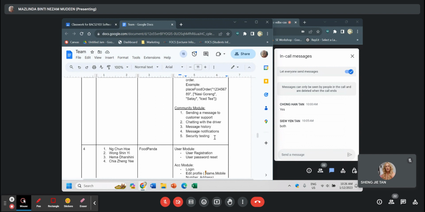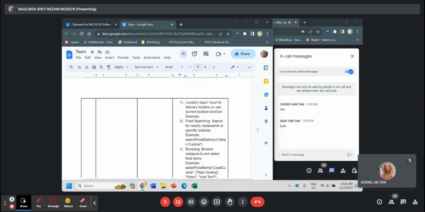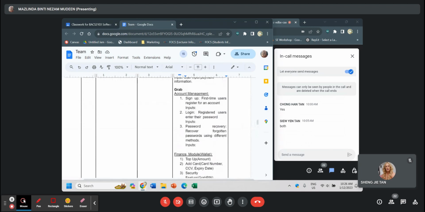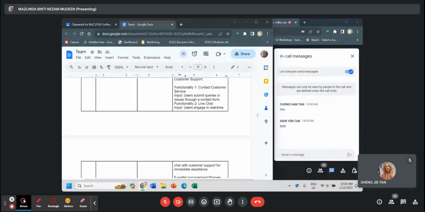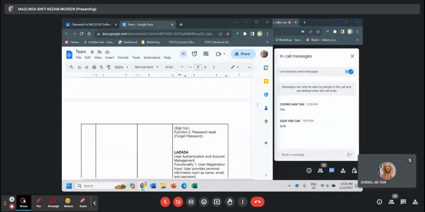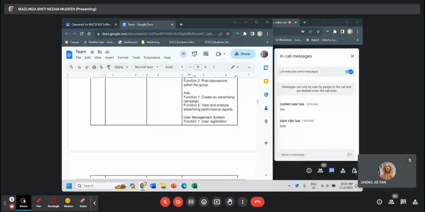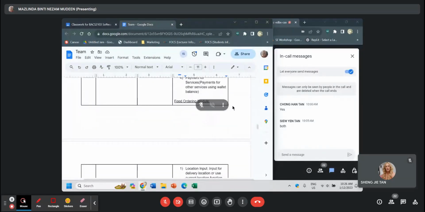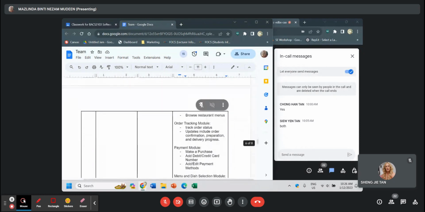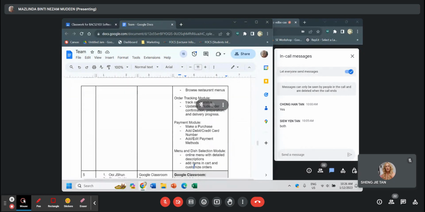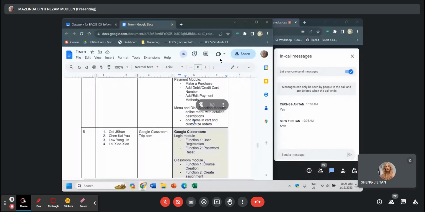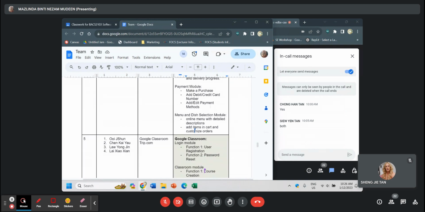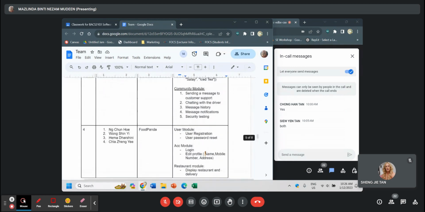Is it Samyukta's module just now? The last module? Yeah. We understand. Okay. So please correct. I want to see two functions under the module. Okay. I will come back. So take out the other system. Just put the Grab. So we can proceed with the Grab. Take out the other Facebook and also the Lazada one.